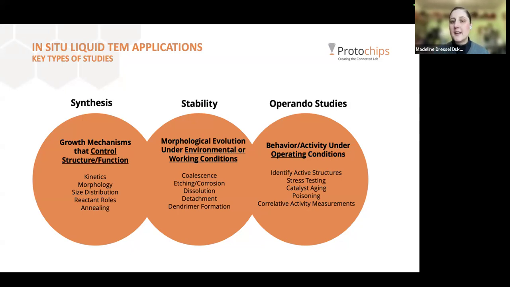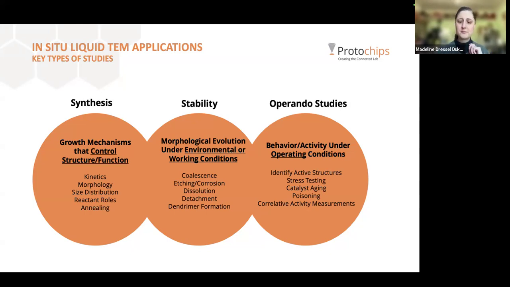There are a lot of stability studies. Now, this can be both stability of particles with respect to temperature, and with respect to electrical cycling. And then, of course, there's true operando studies where they're correlating electrochemical or catalytic behavior to specific structural